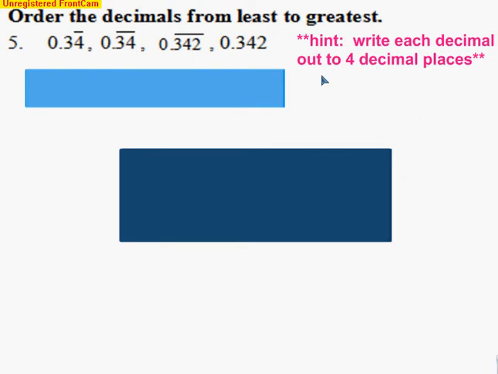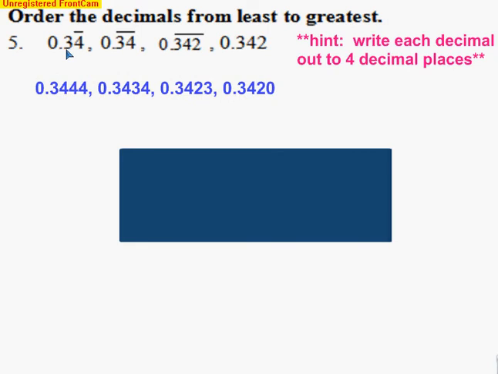If we write each decimal out to 4 places, we would find that 0.3 with the 4 repeating would be equivalent to 0.3444. 0.34 with the 34 repeating would be the same as 0.3434. 0.342 repeating would be 0.3423, and 0.342 would be